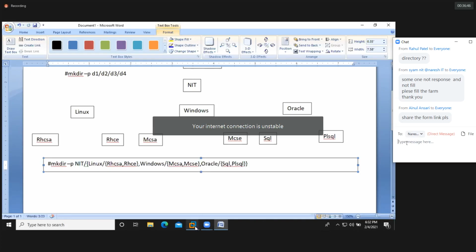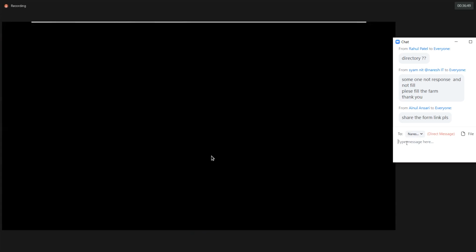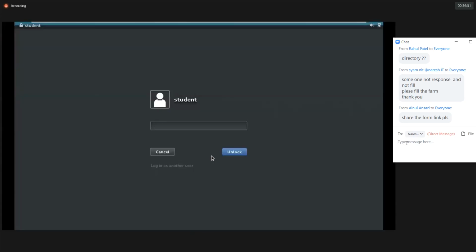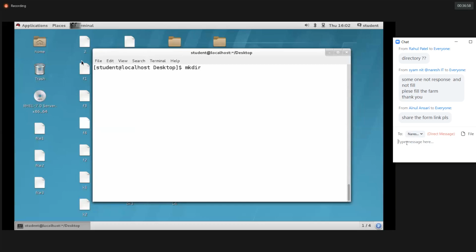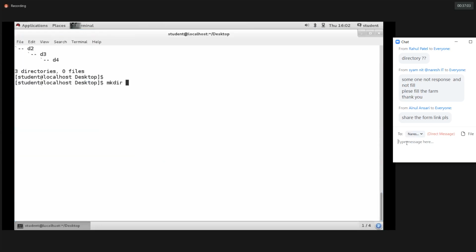So can we do it practically, guys? We'll do the practical session now. So let's see here. mkdir. I'm going to maximize this because it's a bit lengthy command. Hyphen p NIT. Inside the NIT we'll have the Linux. Inside the Linux RHCSA, comma, RHCE, comma, Windows.